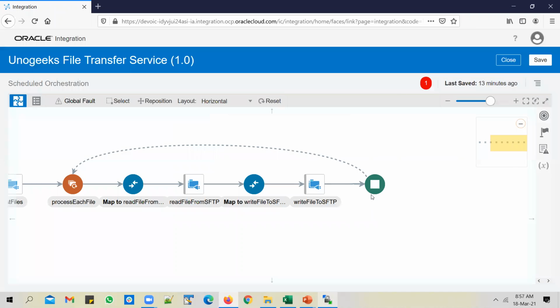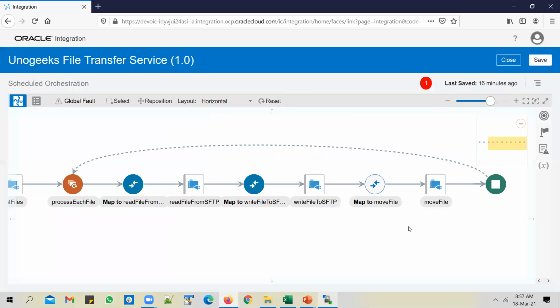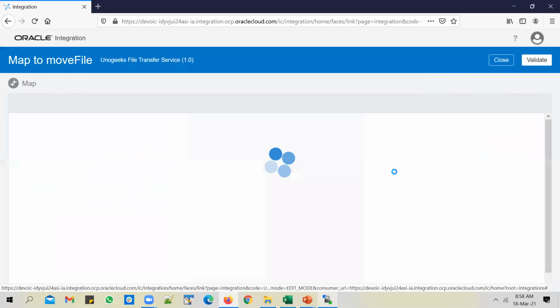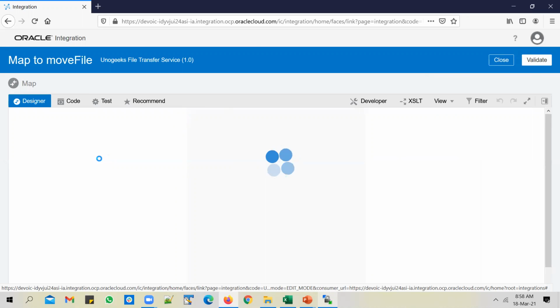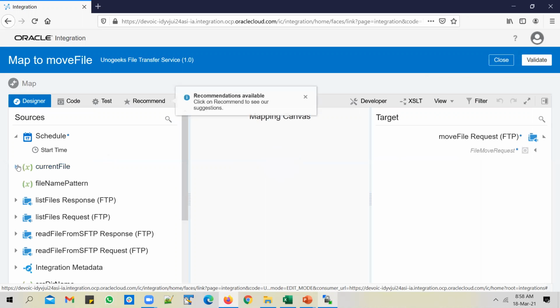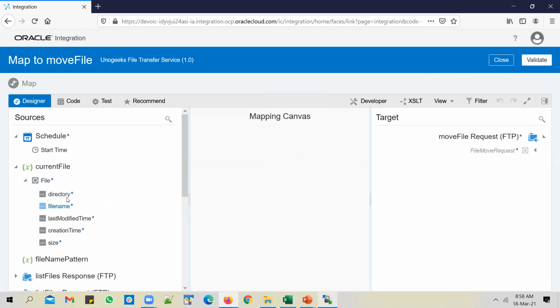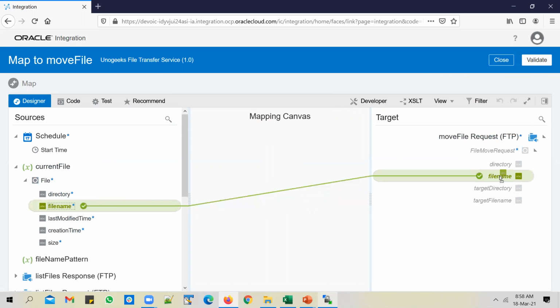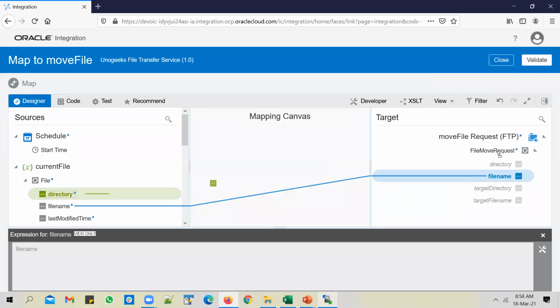You need to configure the parameters here. What file needs to be moved? The current file needs to be moved to the archive directory. The current file attributes I can directly get from this element, so the current file name and the directory I can directly map to the file name and the directory.